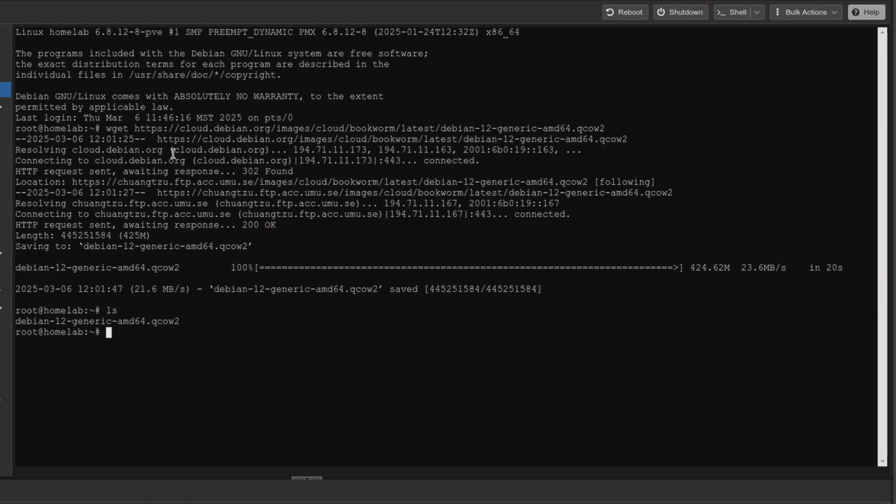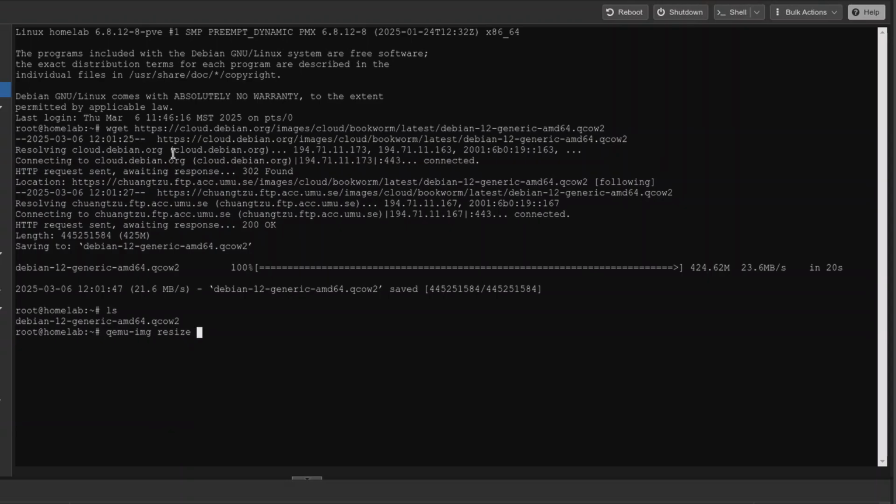The first thing I want to do is resize that image. Right now there's no free space on it, so if I were to import this into my virtual machine and boot off of it, when it's booting up and tries to update the system, it has no space for that. So you may have problems with new users updating, but you definitely won't be able to update any of your packages. So I'm going to increase the size of the image with the command qemu-img